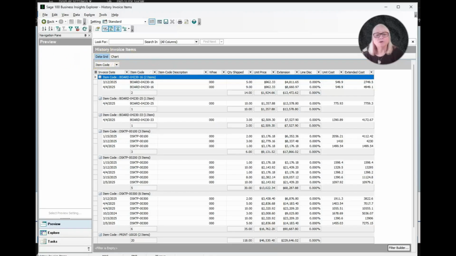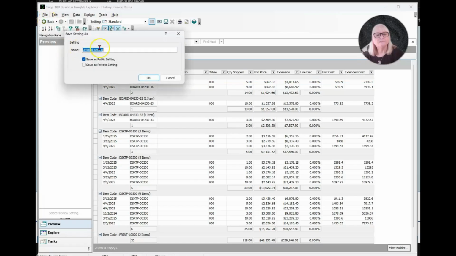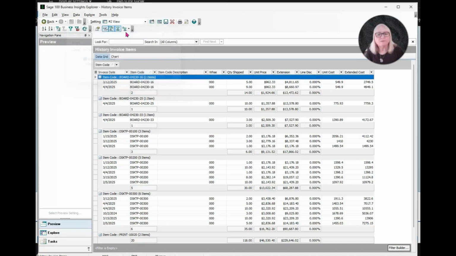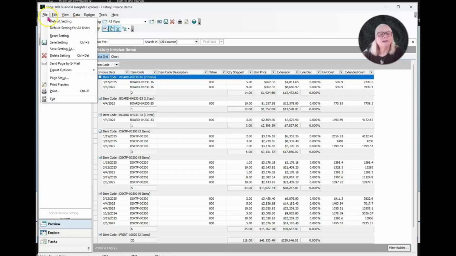The next thing that I'm going to do is go over to my file, and I'm going to save this setting as, I'm going to call this just number 2 view. So now we see that up here, this is number 2 view. And I can also take this now and save this as my default setting for all users or just for me.